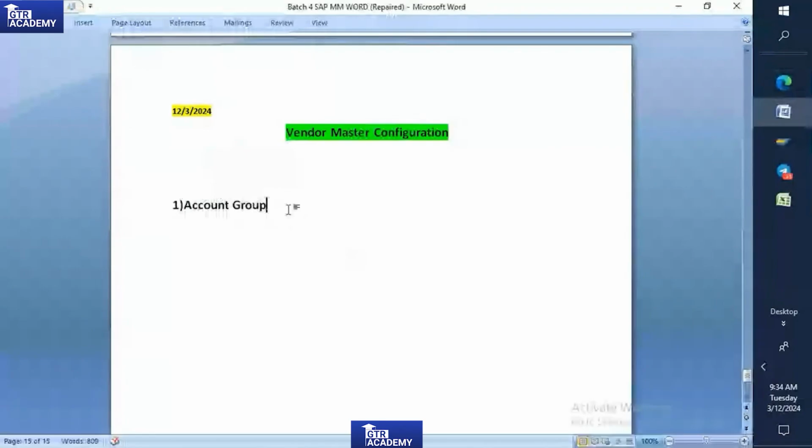Firstly, we have copied the standard one, KRED, right? What we will do now is create one account group by copying the standard one. Before that, I'll share my screen. Here, what happens in the real time scenario? The client requirement is,